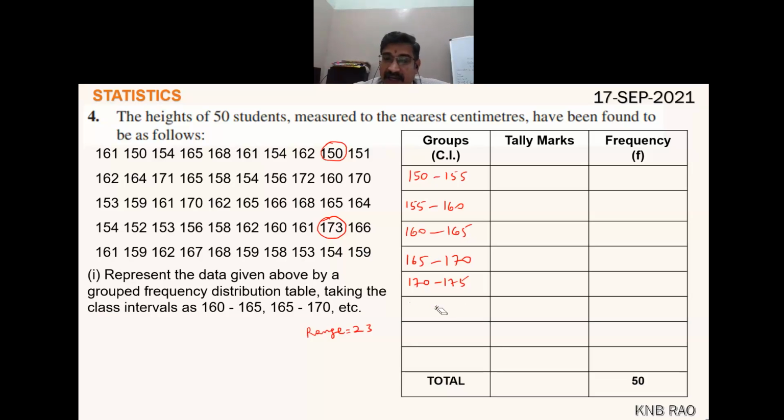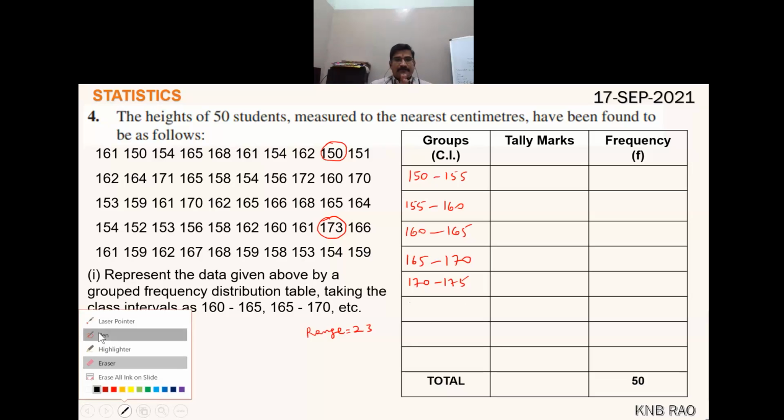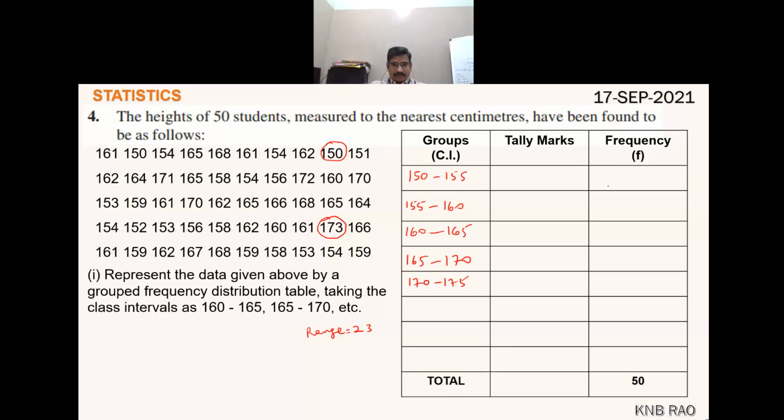Now you know that the 175 to 180 interval is also not needed. Now tell me, among these 50 children, under these class intervals, how many 161 will come between 160 to 165? I am not making tally marks, you do it and tell me the numbers. I want you all doing it. I will pass the record as well, and at that time you pause it.